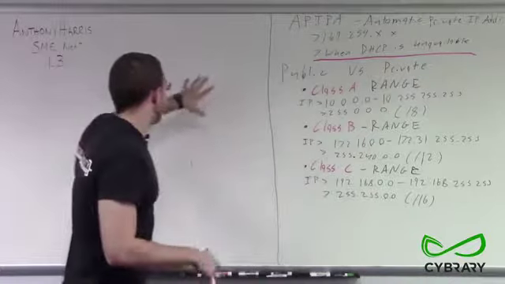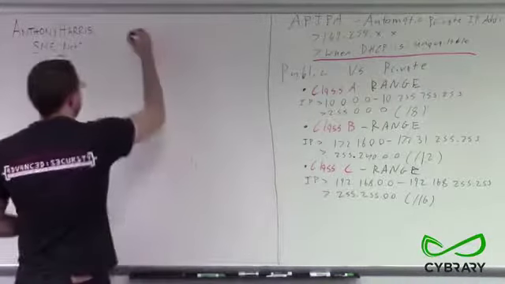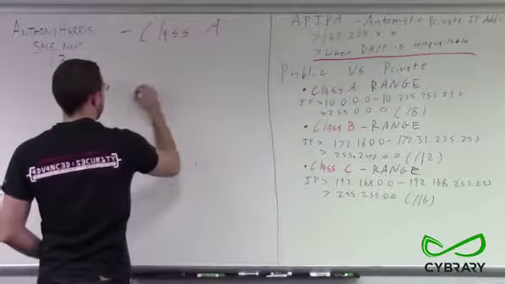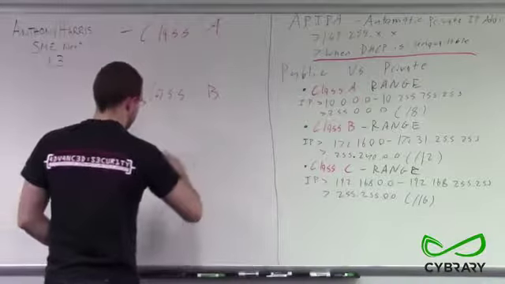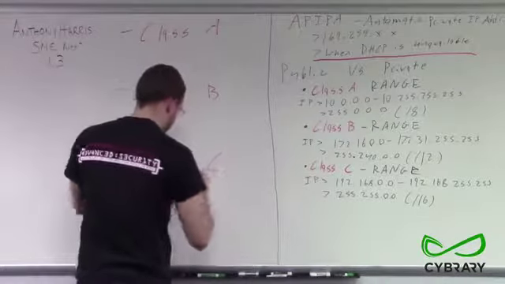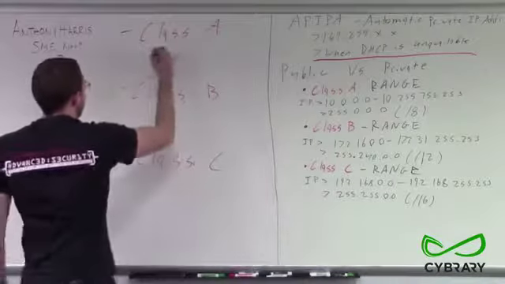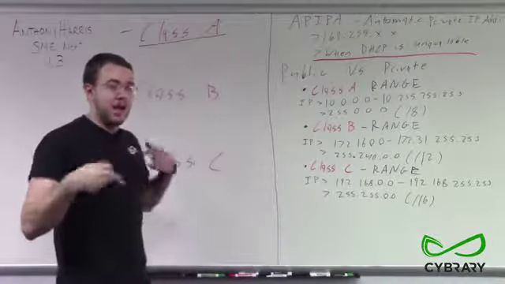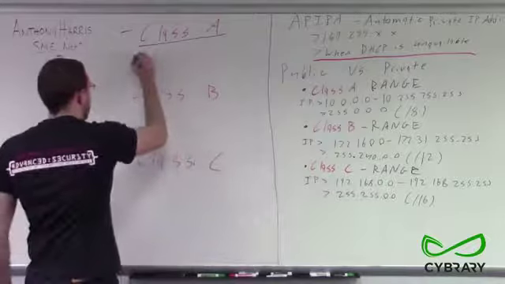For our Class A, Class B, and Class C, you're going to be more concerned with knowing that Class A IP addresses have a default subnet mask when you're using them in addressing of